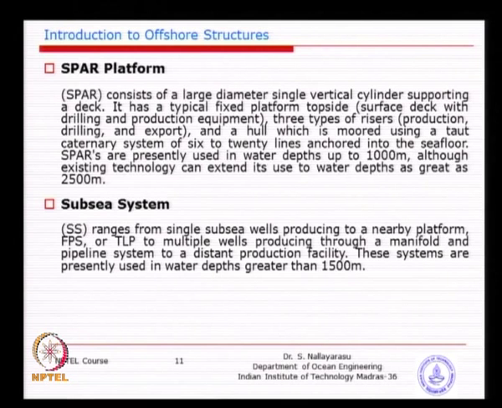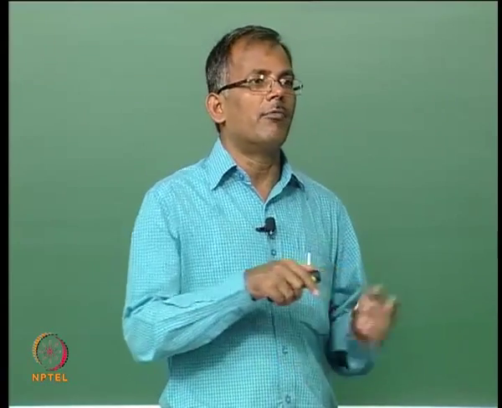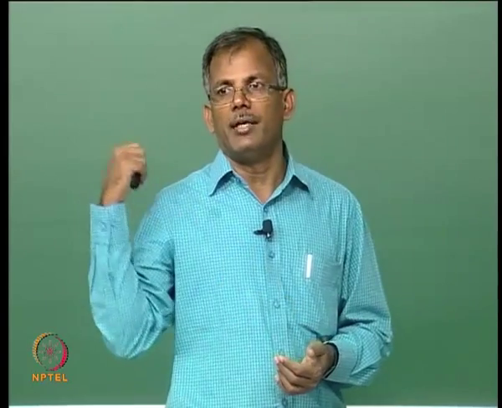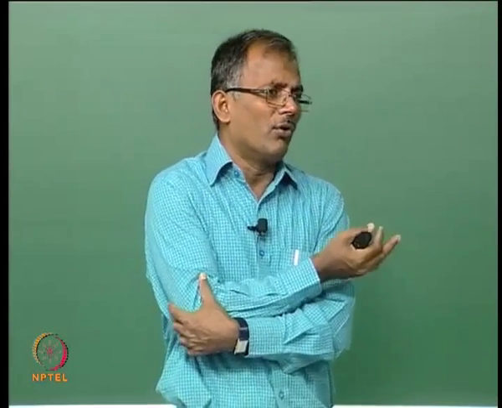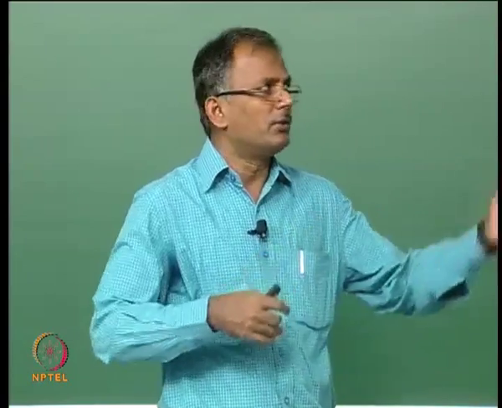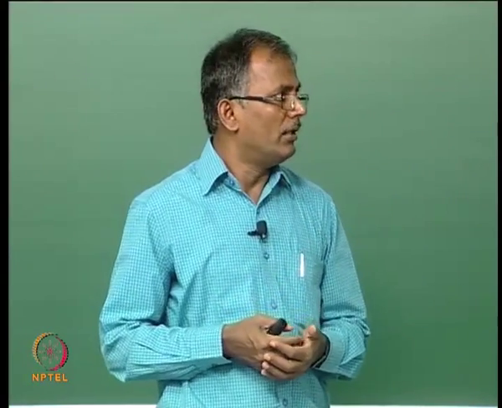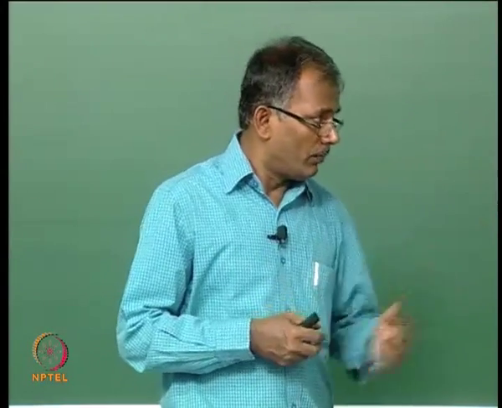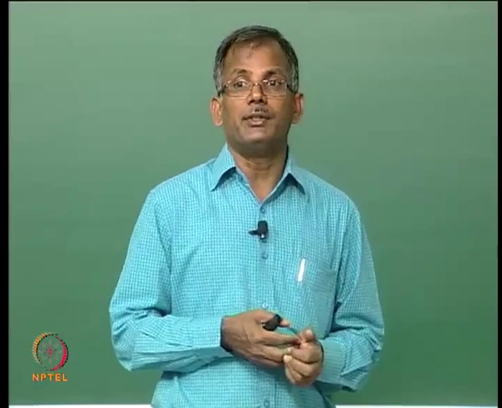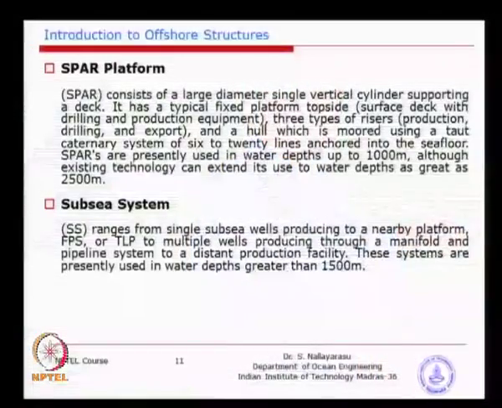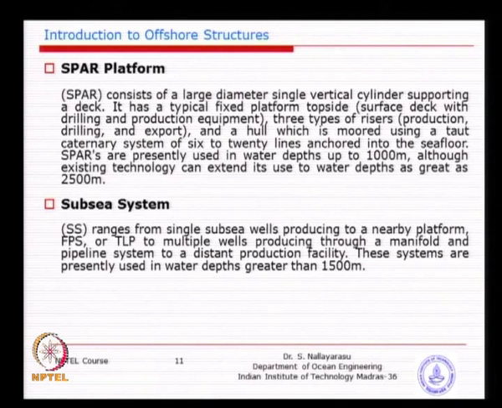Basically you drill the well, but then you do not have any structure. Basically the well is connected from the deep water location to a shallow water location. The similar concept which we designed for Reliance back in 2002 to 2004, the water depth was 1200. So, when the design contract was given to us, we came up with an idea that deep water, even at that time in 2002, was expensive to go for floating systems, and basically the well was drilled and capped at the seabed. The lines were connected to a shallow water location at around 150 meters. So, all the wells were connected to a shallow water platform.